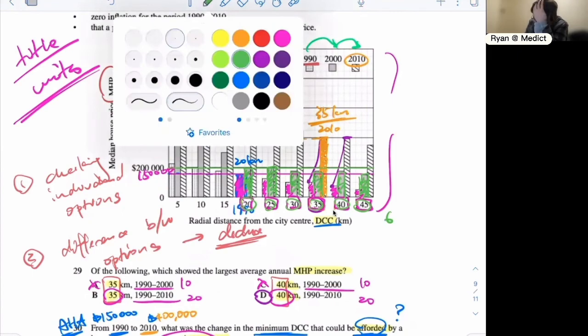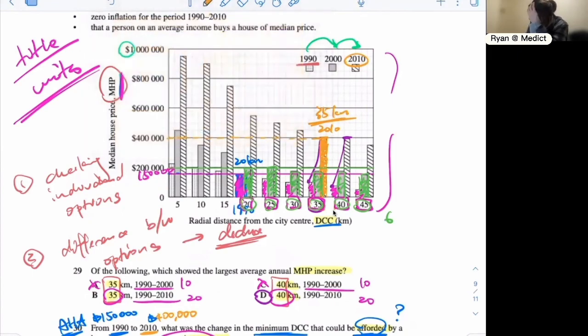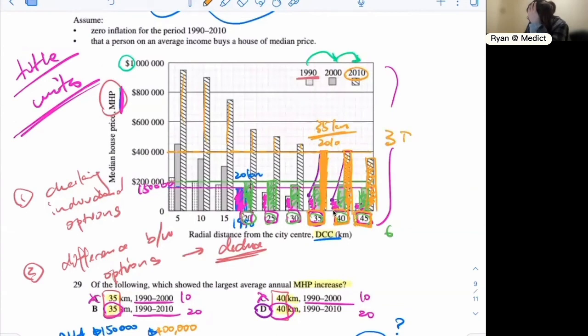Then how about 2010? That's when things get tricky, right? Not tricky, but it's just about how we count it. Obviously you can't afford these big boys over here. You just can't afford them. So what can you afford? The first one you can afford is this one over here, 35. This is the second one you can afford, 40, and this is the third one you can afford, 45. So in 2010, really there are only 3 DCCs you can afford, compared to in 1990 and 2000, you can